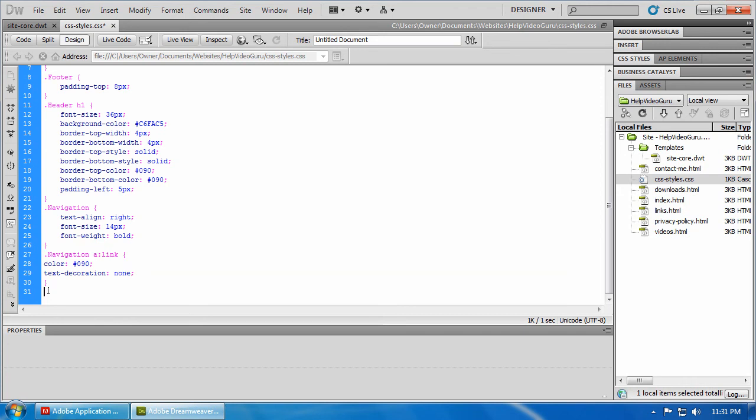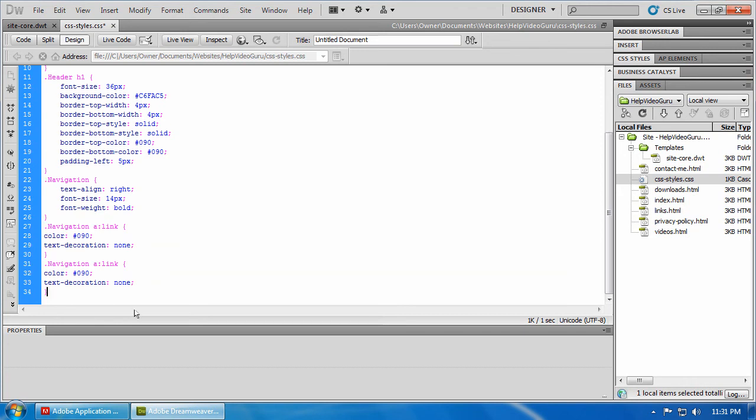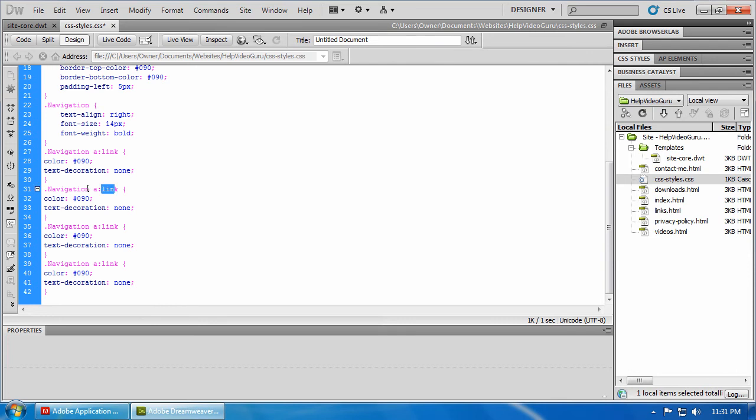Now, what we want to do, this is the link attribute after the anchor. Anchors just being what you'd commonly think of as a link, right? This is the default state. Okay, but there are three other states. So let's select this group. We're going to copy that,